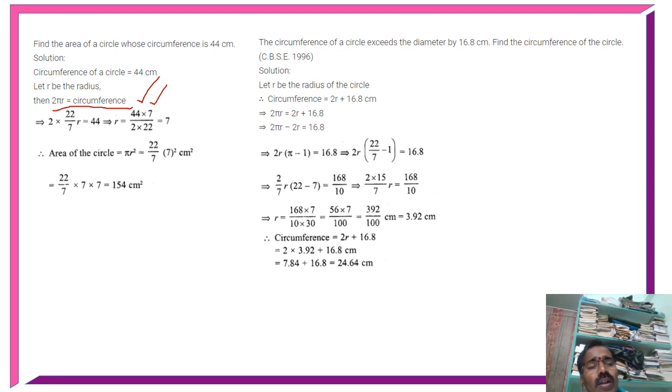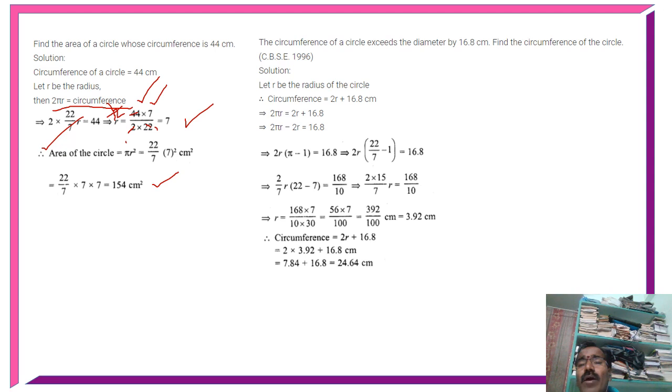The 2 and 22 are in multiplication, so you can change them into division. 22 ones are 22, 2 ones are 2. Cancellation your way, children. Then we got radius 7 centimeters. Area of circle is pi r square. Substitute, we get 154 centimeter square. And the next problem given is: the circumference of a circle exceeds, meaning increased,